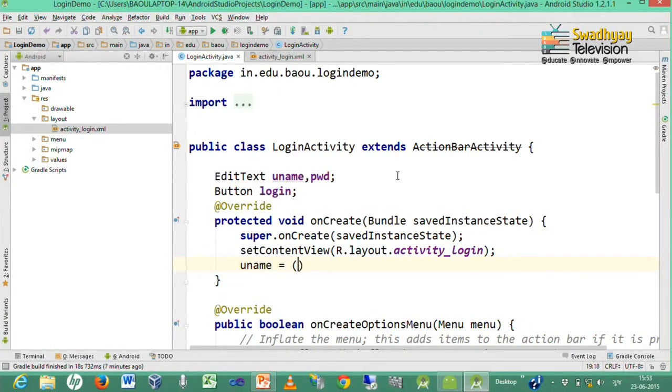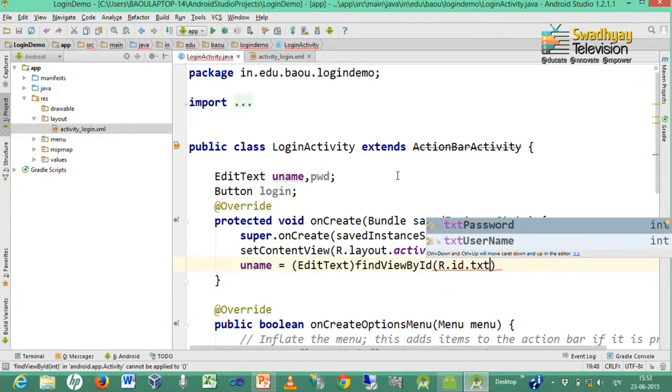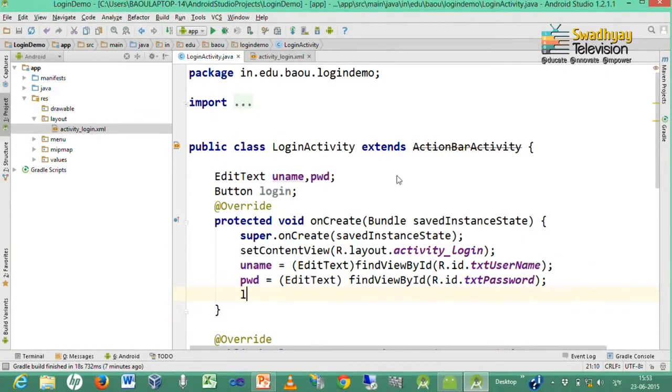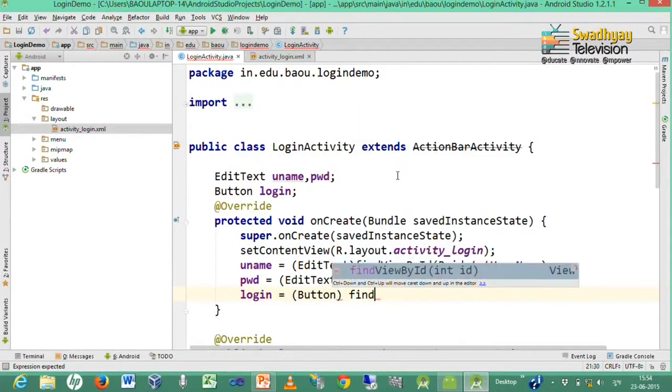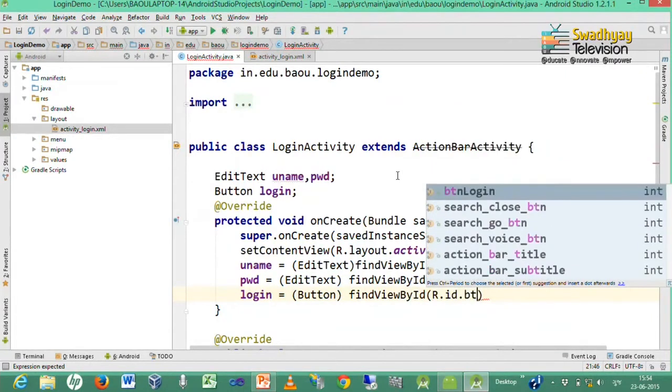So, uname is equal to edit text, findViewById, ID is txt_username. For password we have edit text and its ID is txt_password. Likewise, we also take reference for login, which is of type button.